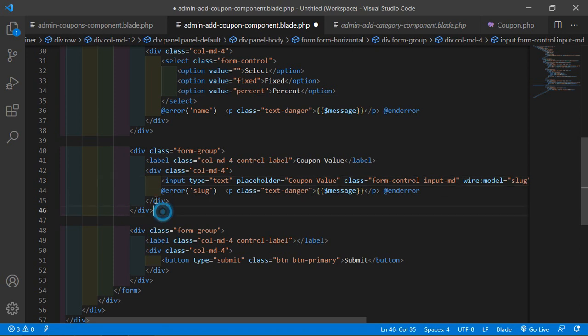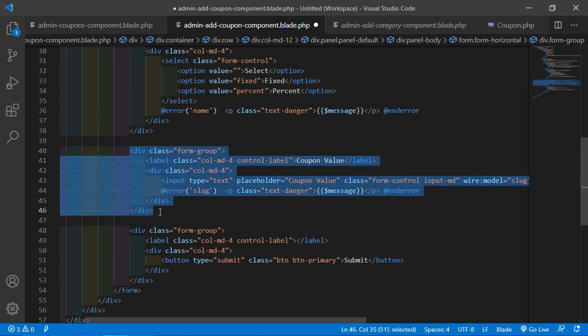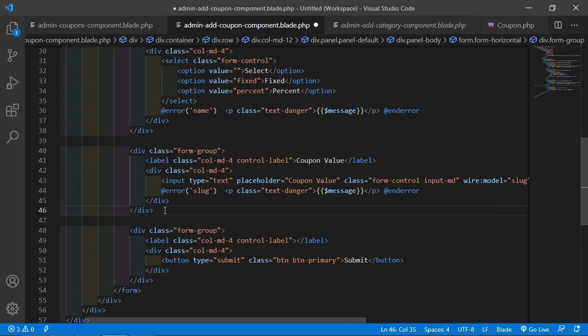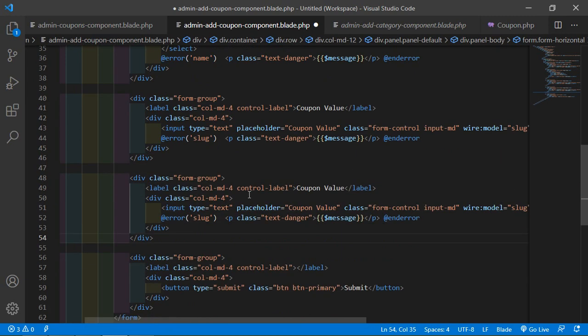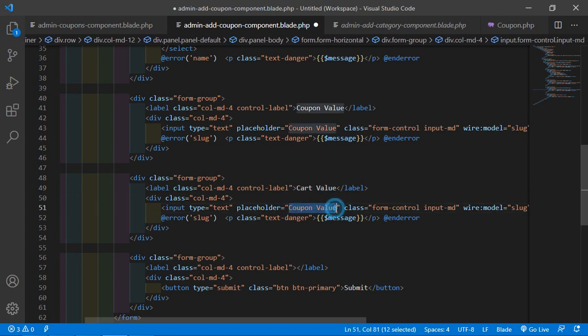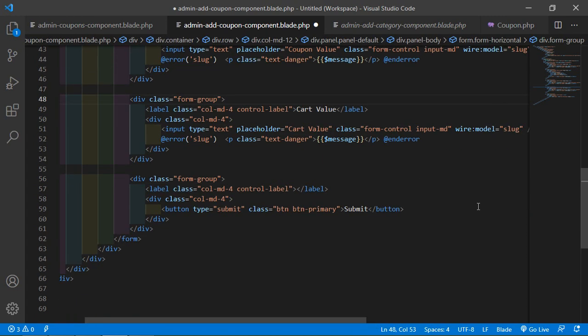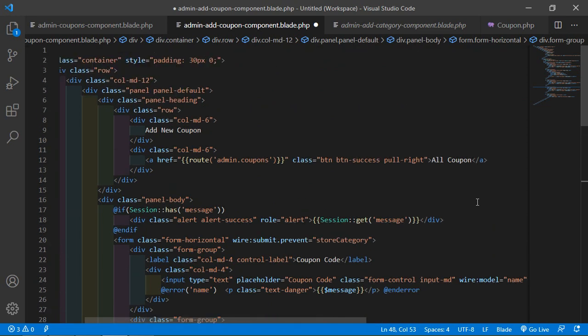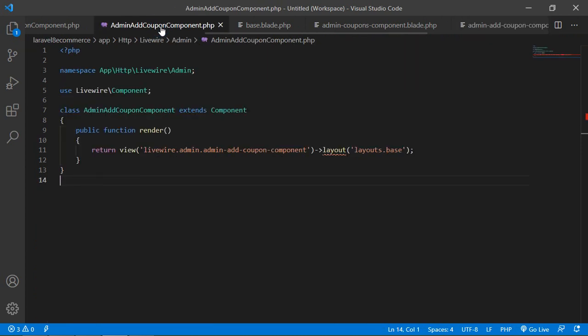All right, and now one more input text field for the cart value, so just paste here and change here the label cart value. Okay, now just copy this and paste inside this placeholder. All right, okay, now go to the admin add coupon component class file, and let's create some property.